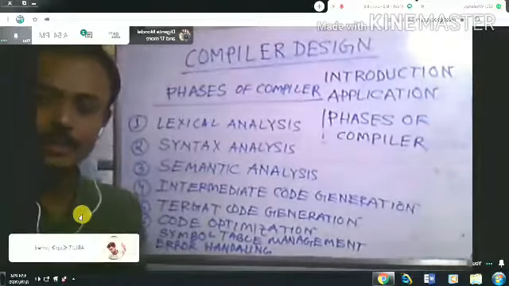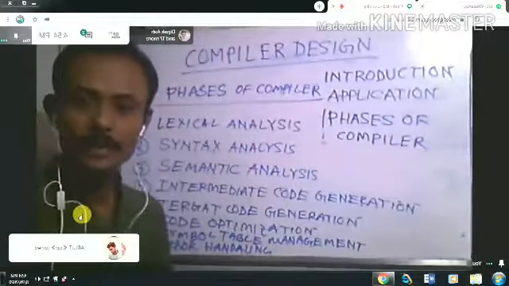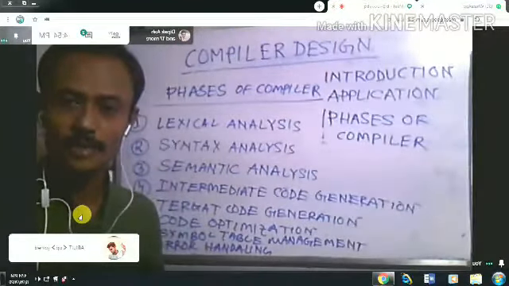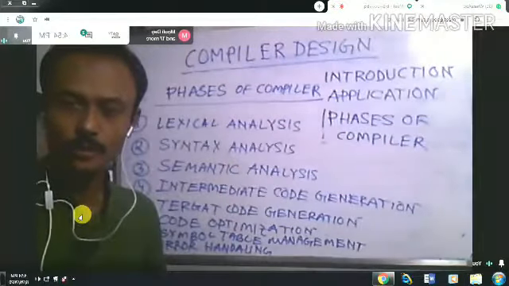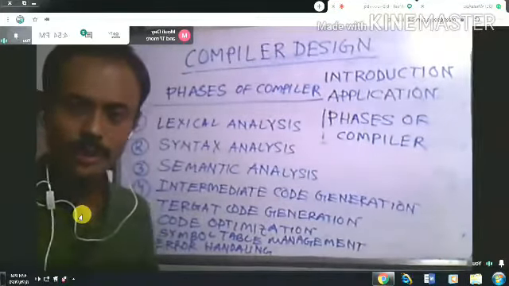So these are the different phases in the course of compiler design. If you want to learn to design a compiler from scratch, then